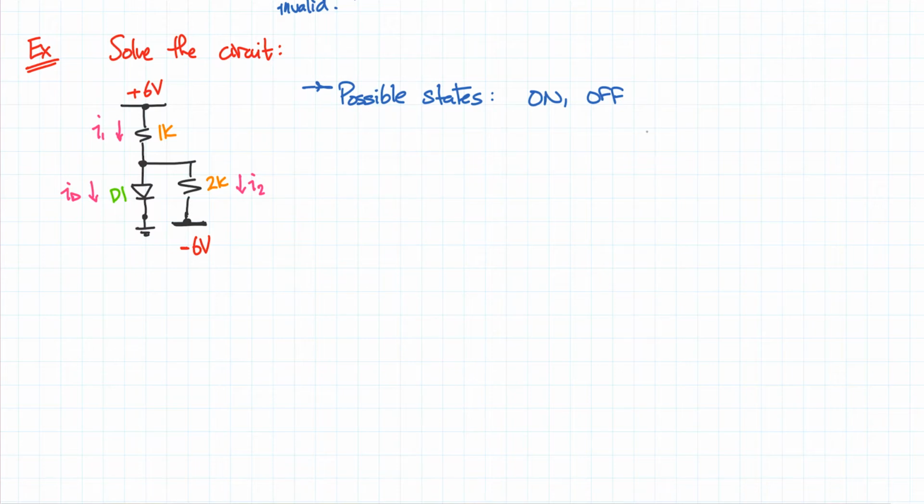What I'm going to do is start with off, simply because replacing something with an open circuit makes the circuit a little bit simpler in my opinion. So I'm going to assume that the diode is off. Now if the diode is off, then I'm left with, and I would always recommend that you redraw these circuits,